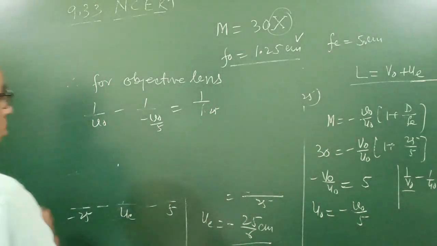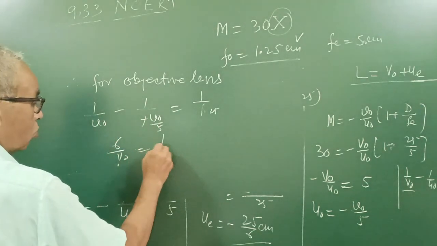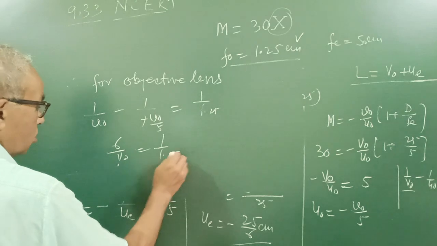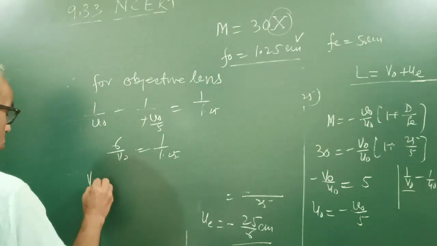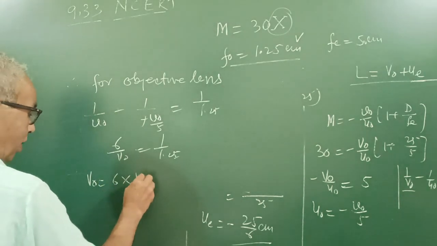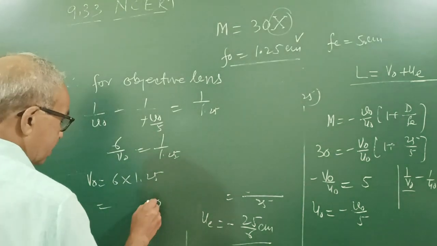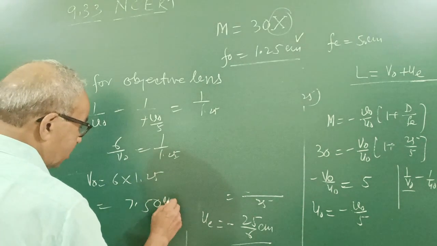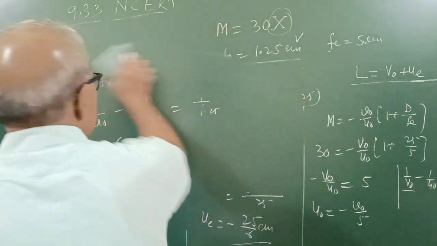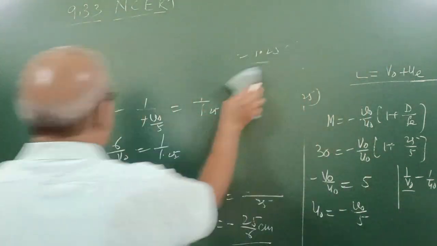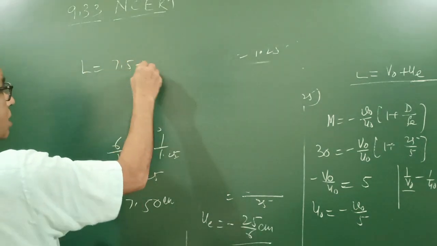So it is plus, so 6 upon VO is equal to 1 upon 1.25. So VO is equal to 6 into 1.25, which is 7.5 centimeter. Hence the distance between the objective lens and the eye lens, L, is equal to 7.5 plus